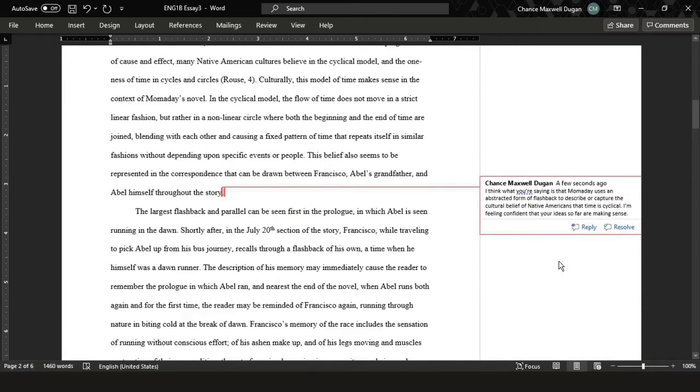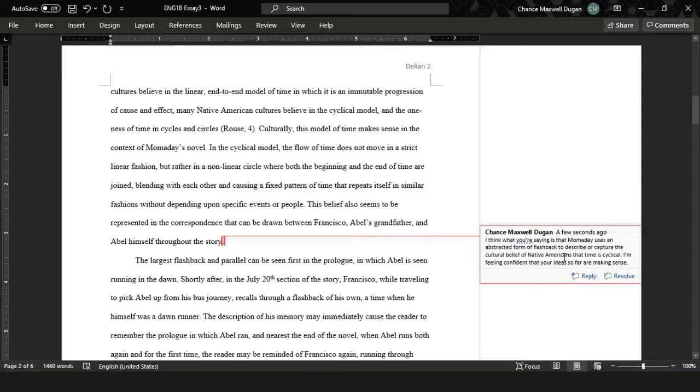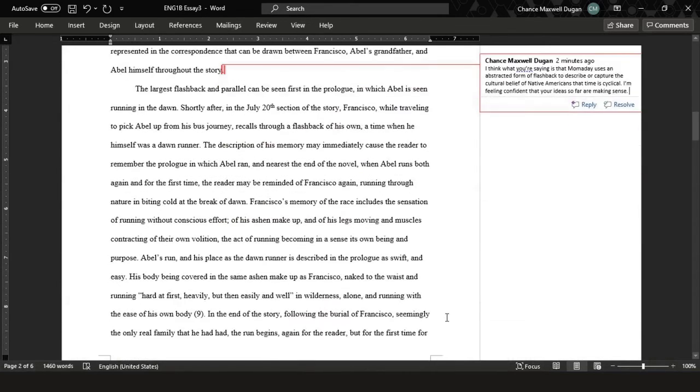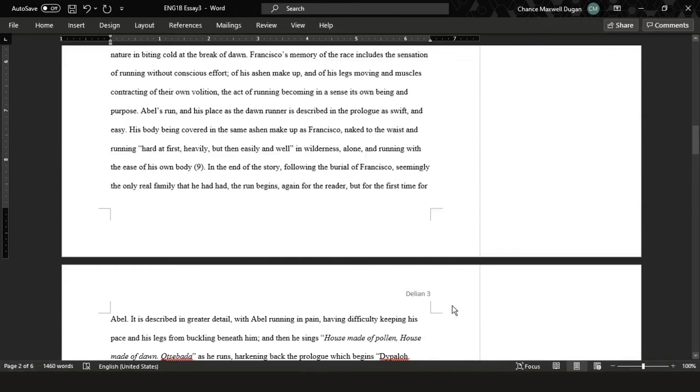And so essentially at this point, all I've done up to now is read through each paragraph and just paraphrase what it is that I think they're saying. And so what I would be doing from here is going through the rest of the essay, just recording my reactions to pretty much the rest of the essay.